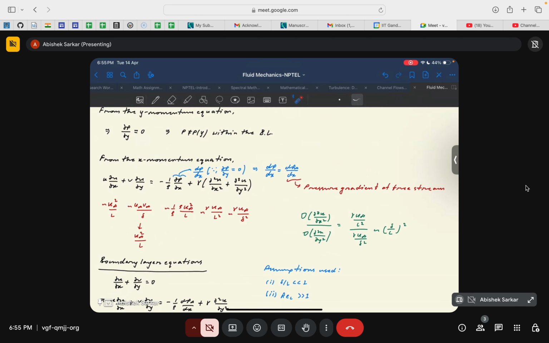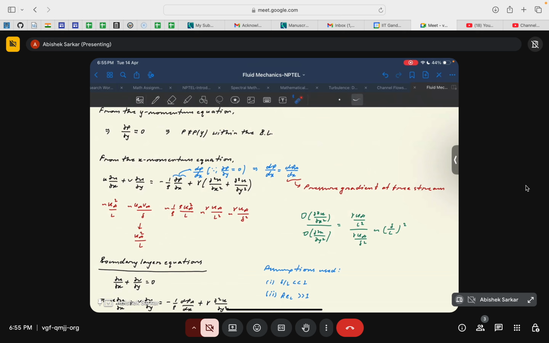So if you remember, we got a conclusion that dou p by dou y equals 0, and p is a function of x and y originally, but since p is not a function of y, as a conclusion from the y momentum equation, then p becomes only a function of x. So we can essentially convert this